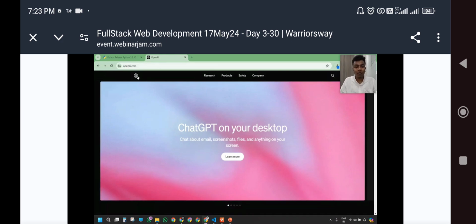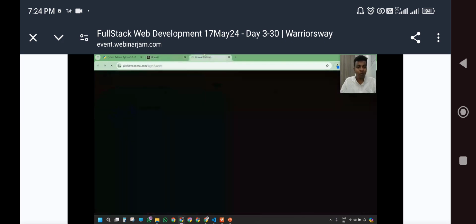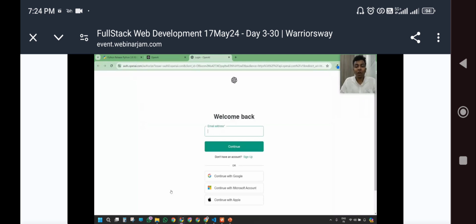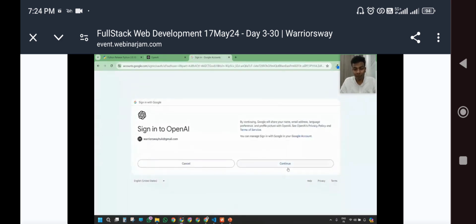Once you have got to OpenAI, you can see the research category, and in the research category there is an option like OpenAI. Simply click OpenAI. Once you have clicked it, it will navigate to platform.openai.com login/launch. This is how it is going to be shown. You need to create an account in it, right? To create an account, we usually click continue with Google, select the Gmail email ID which you have, click continue, and you will be creating an account.